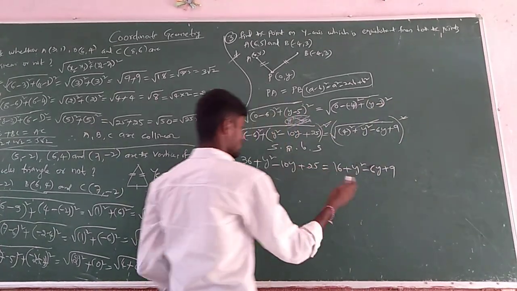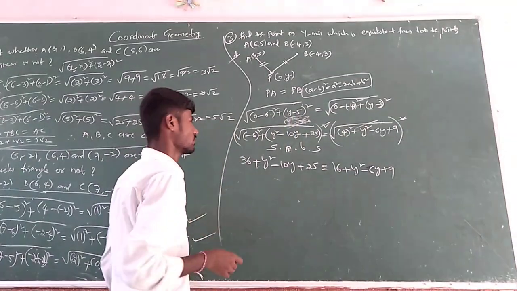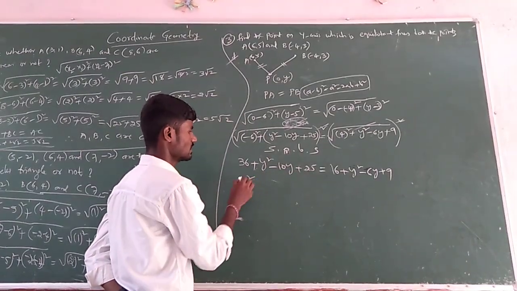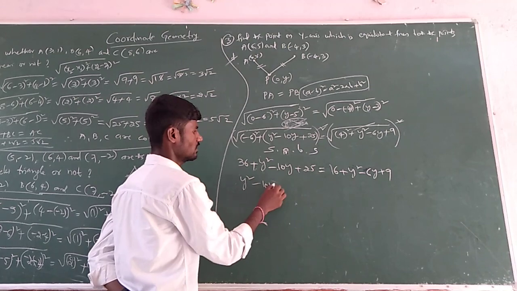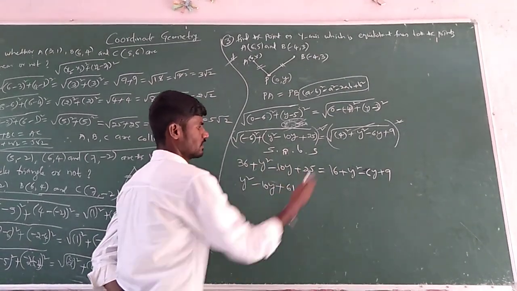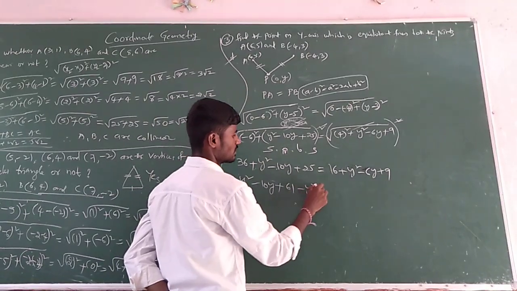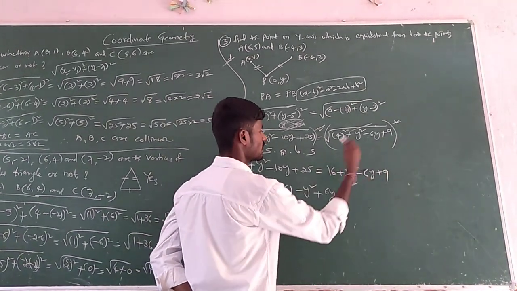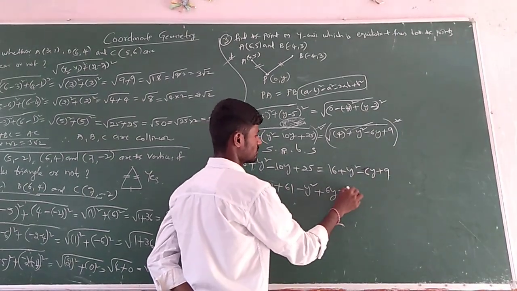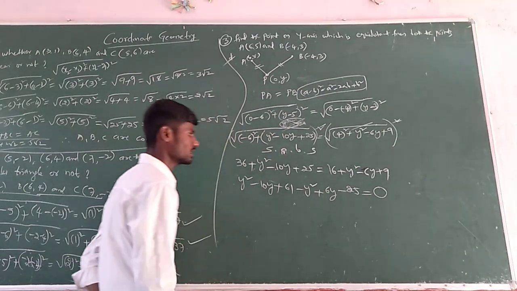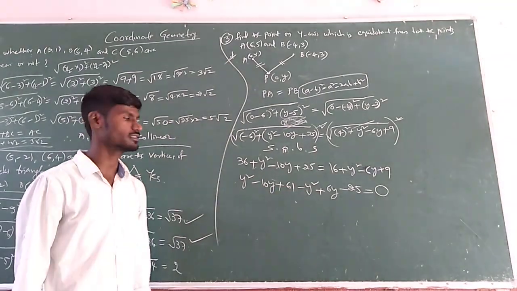So see here, group all the terms to the left side only. If you observe here, 36 plus 25, what will you get? y square, then minus 10y, then 61. Transpose: plus y square becomes minus y square, minus 6y becomes plus 6y, and 16 plus 9 on the right side you will get 25. If I take it to the left side that will become minus 25, equals to 0, taking total terms opposite in transposition.